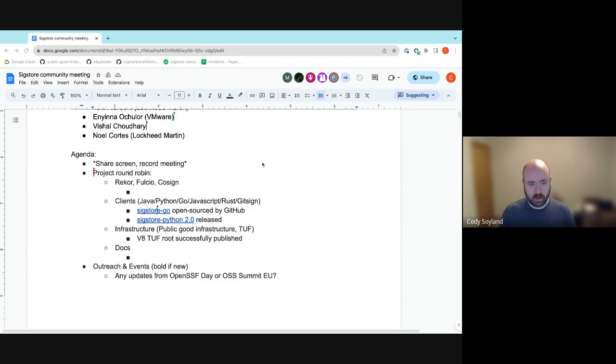If not, moving on to infrastructure, the only update that I have is that version 8 of the TUF root has been successfully published. And I don't think there were any updates there.